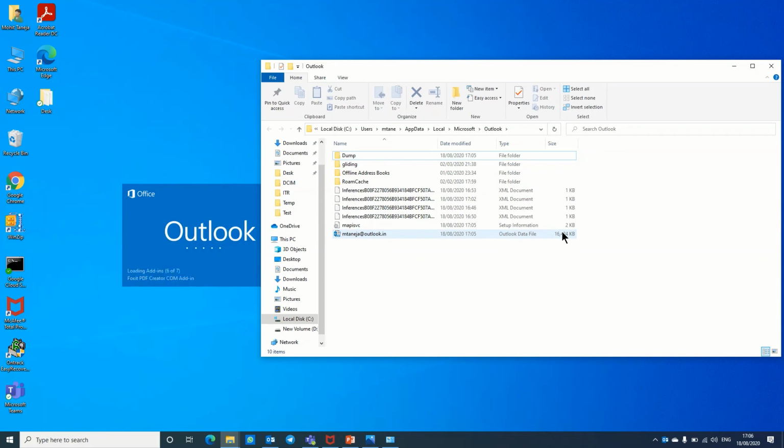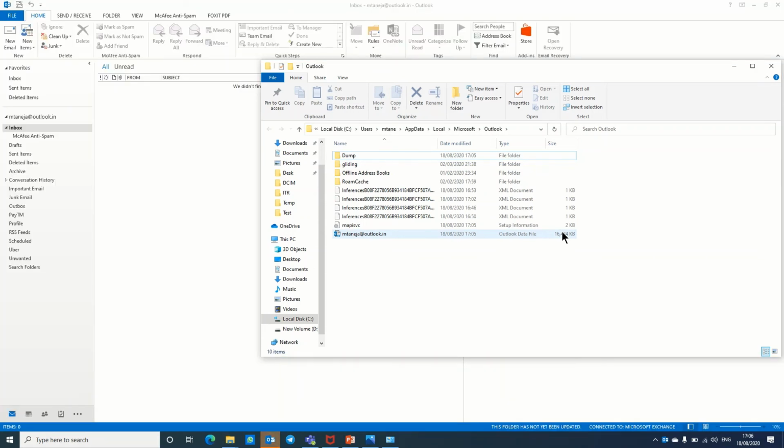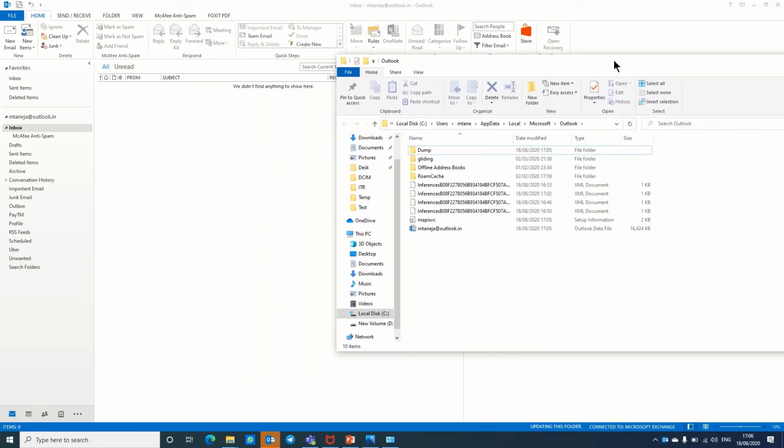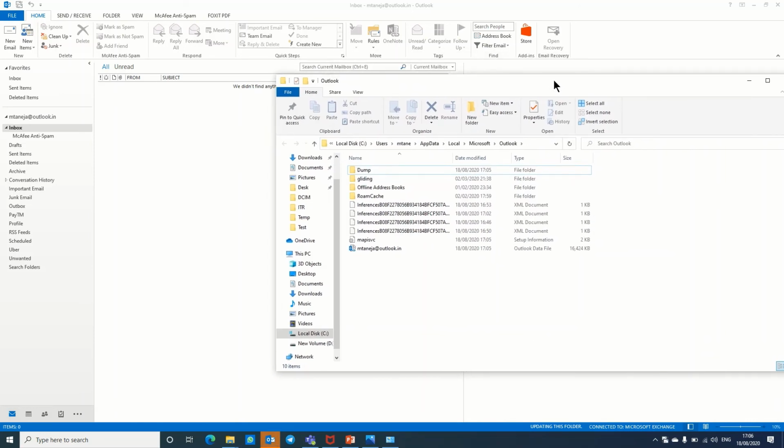See, now the OST file is properly created. You can see there are no emails in my inbox. Now it will start the download again, updating folders, updating calendar, and updating inbox.